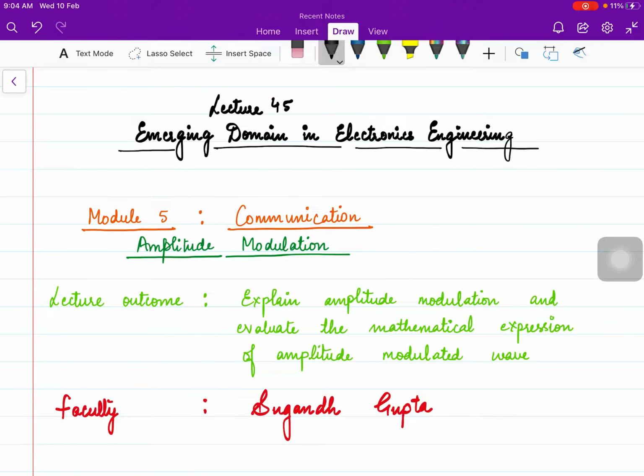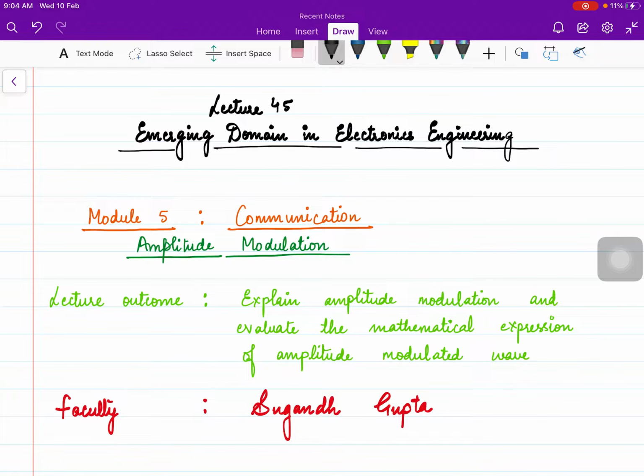In the previous lecture we have already discussed what is modulation, or the concept of modulation. So let's recall it first of all. See, in modulation, you are having two signals. One is a low frequency message signal and one is a high frequency carrier signal. Now, what are you doing in the process of modulation? You are varying some parameters of the carrier wave according to the message signal. So that is the modulation.